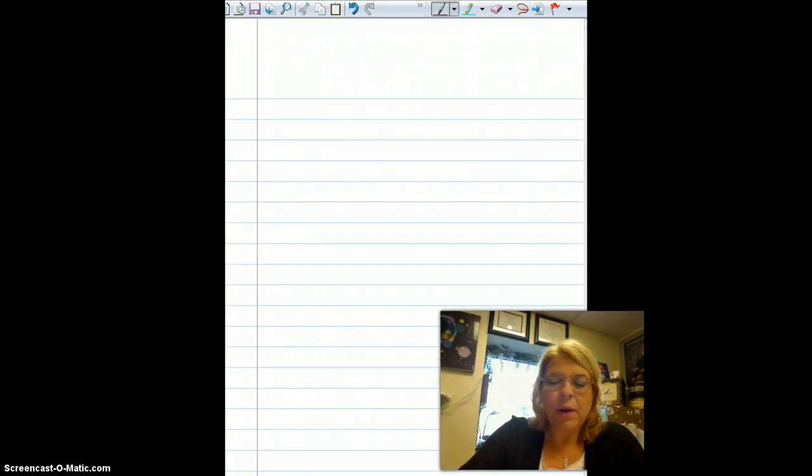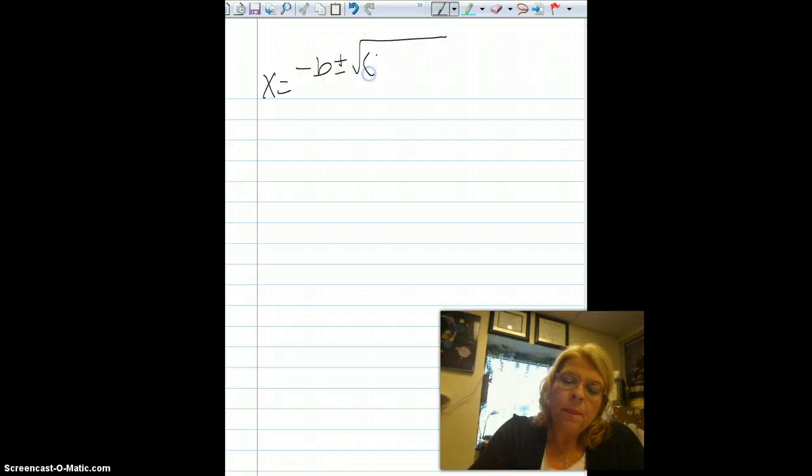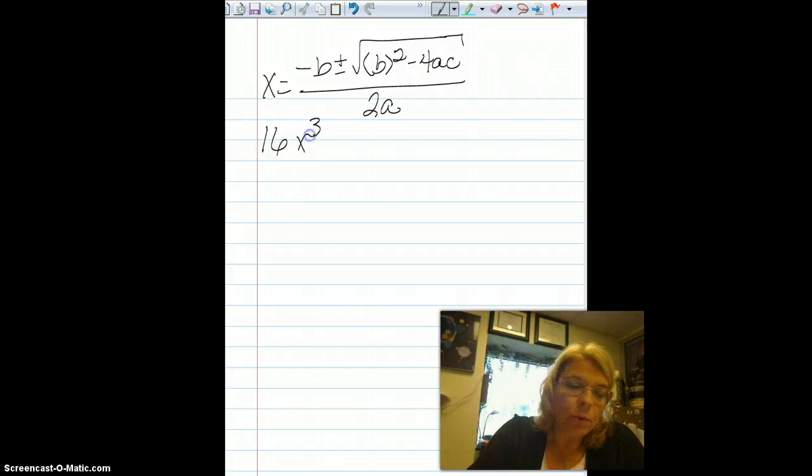One last equation. Let's put our quadratic formula right back up here. x equal the opposite of b plus or minus the square root of b squared minus 4ac all over 2a. Now the last equation is 16x cubed minus 12x squared minus 18x